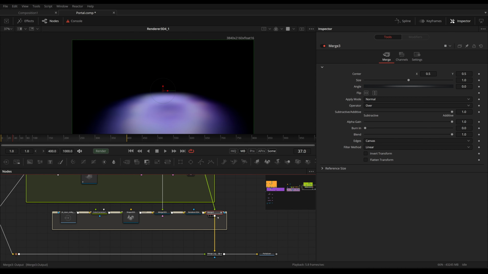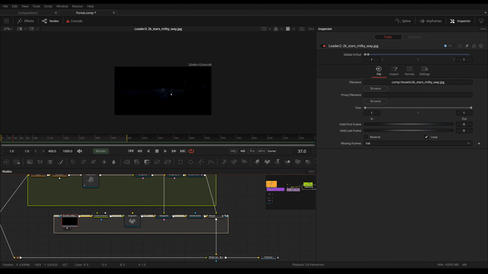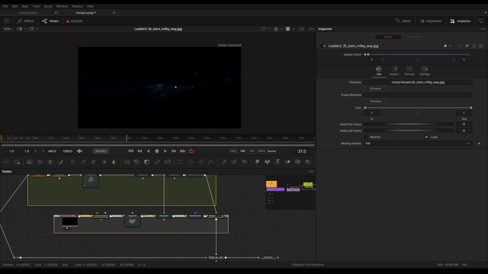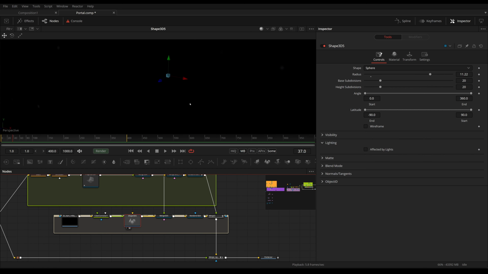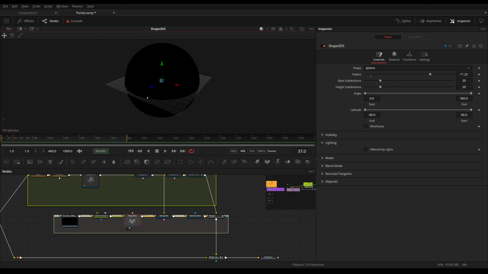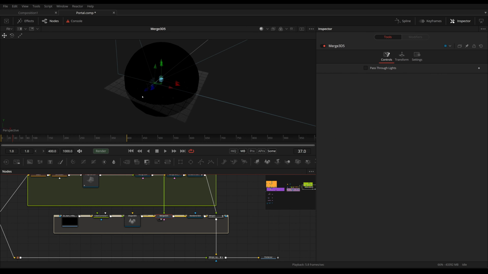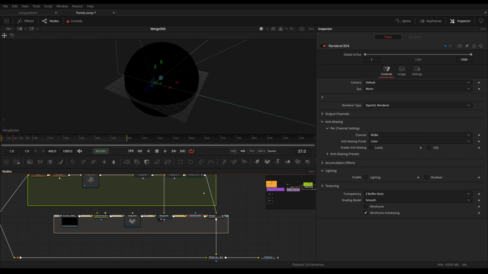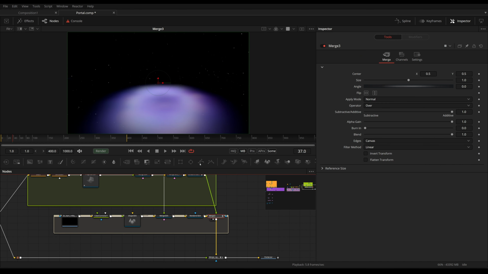Then we are going to merge this on top of our starry background, which is just this image of the Milky Way, color corrected a little bit, mapped onto a sphere, which is just a big sphere, which works pretty much like a dome light. Again, merging in our camera, rendering this, and putting the floor with the lighting on top of that.